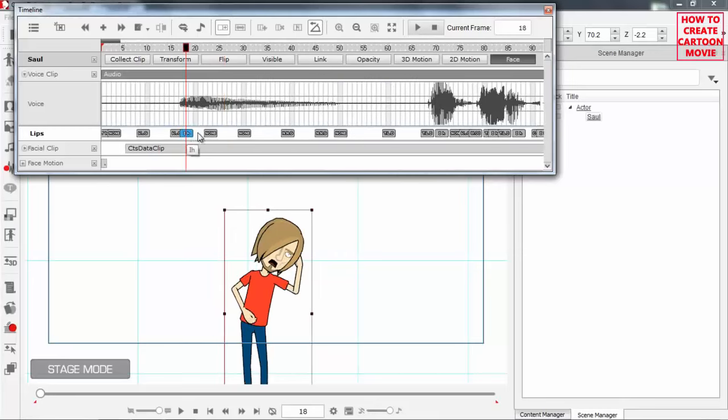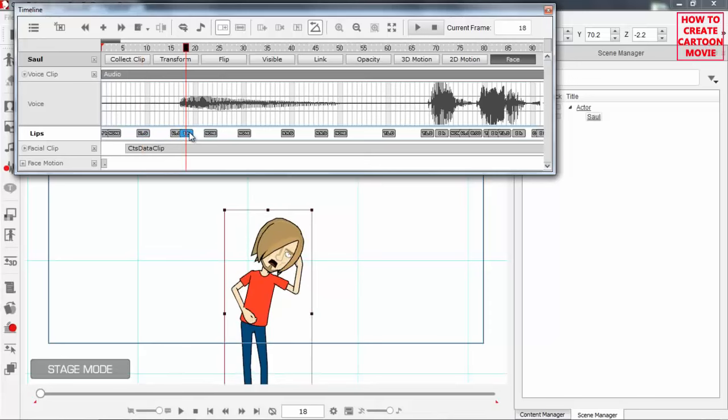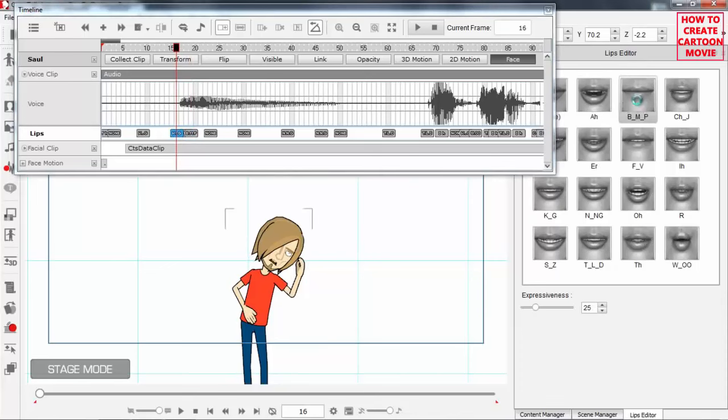You can see we have all these keyframes, this K one right here, this IH one right here. I can just double click those if I wanted to switch them, and I can move them to any of these. So you can see at this point I'm going, so maybe I want to have this BMP, and then we have,